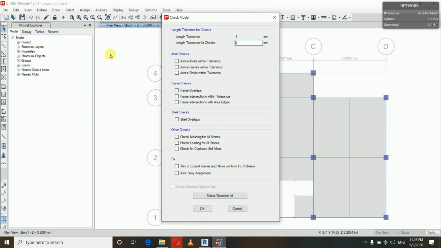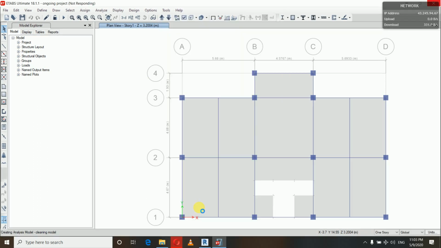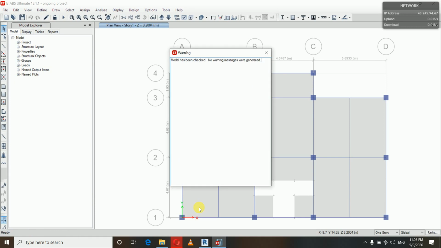And after analyzing, you have got some forces, loads on your footings, on your beams, columns, and modal mass ratio, everything. I've already shown you how to find the table of such reactions. And today we will see how to print the report from ETABS, how to get the detailed report from ETABS.